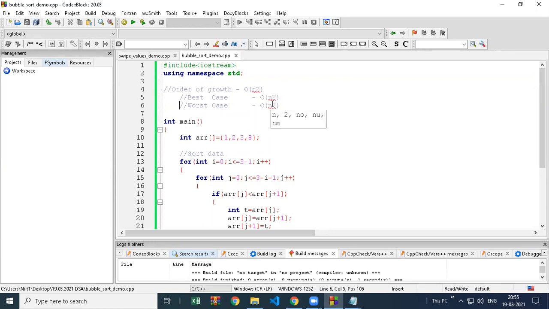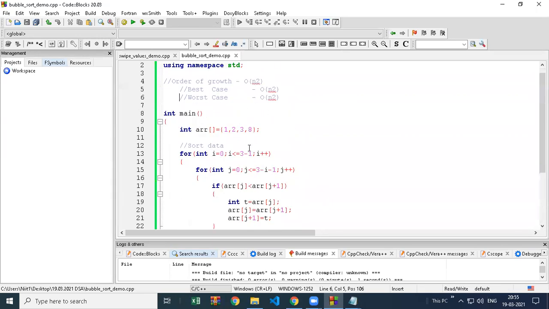This algorithm is simple to write, but its order of growth is very problematic for us. So use it only for small lists. For a small list it doesn't matter if you have 1,000 data items and it takes 2-3 seconds. But if you increase the data and it takes minutes, then it will matter. Correct? So don't use it for a big list, use it only for a smaller list. Any doubt here?